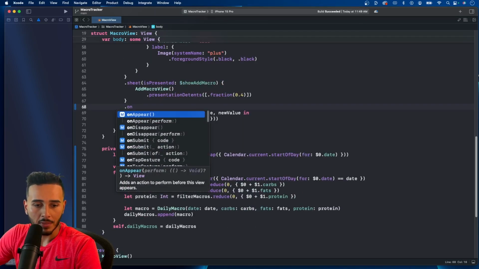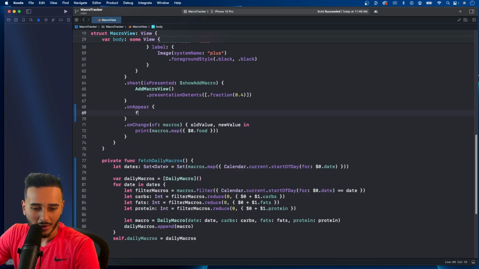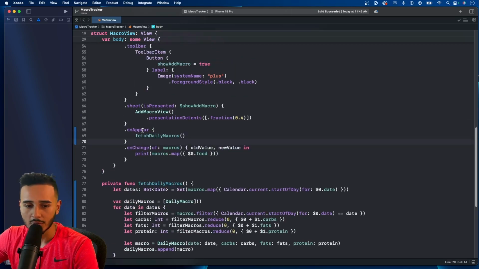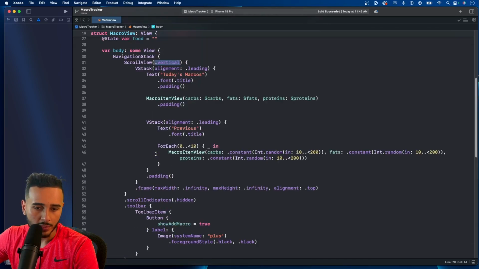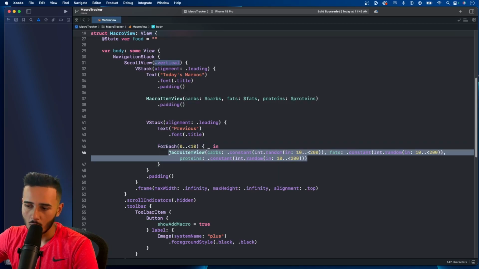And now on appear, we can call this. And I don't like that on appear. So we can call fetch daily macros. We can keep this just for now. And we can update this function. So, and actually what I'll do is